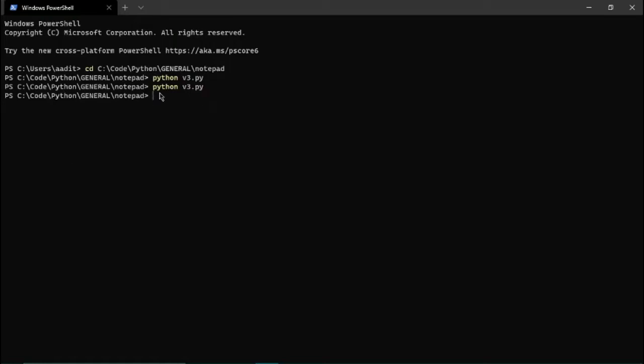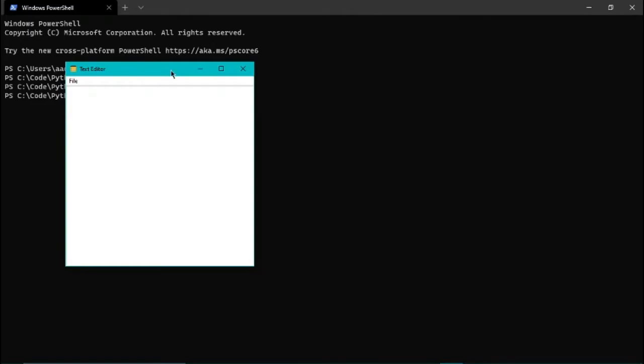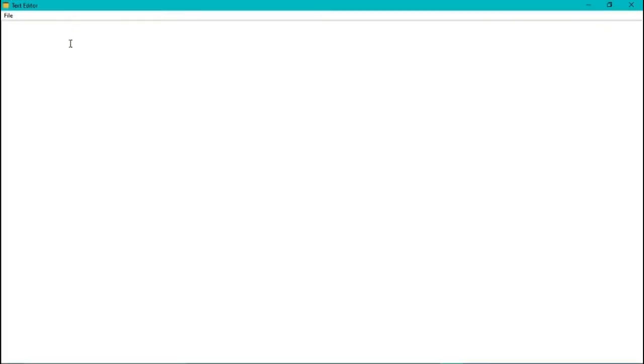So here I am in my terminal and I'll just run this program. As you can see, this window pops up and this is a blank page and I have a file option here which has many attributes such as new, save as and all. So let me just type so I can save this